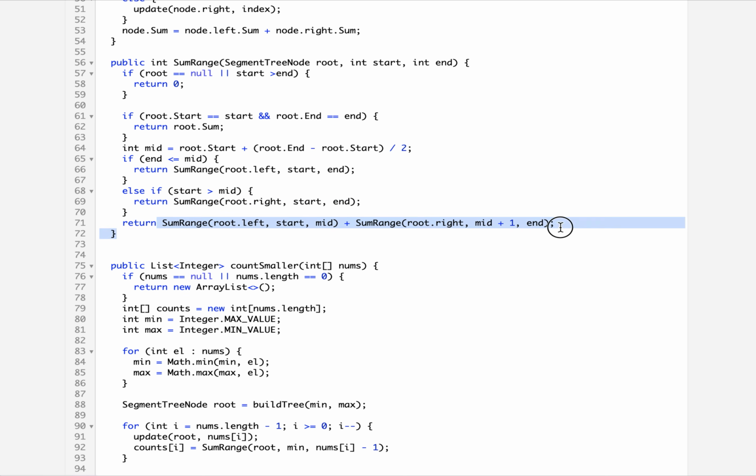Otherwise, I need to move in both the directions, and mid will play an important part. The search for the left part would be from root.left, start, mid, up till mid, and search for the right part would be from root.right, mid plus 1, end. So here the starting search index is getting updated. Again, straightforward. If you go and once again read the complete logic, you will not find it difficult.